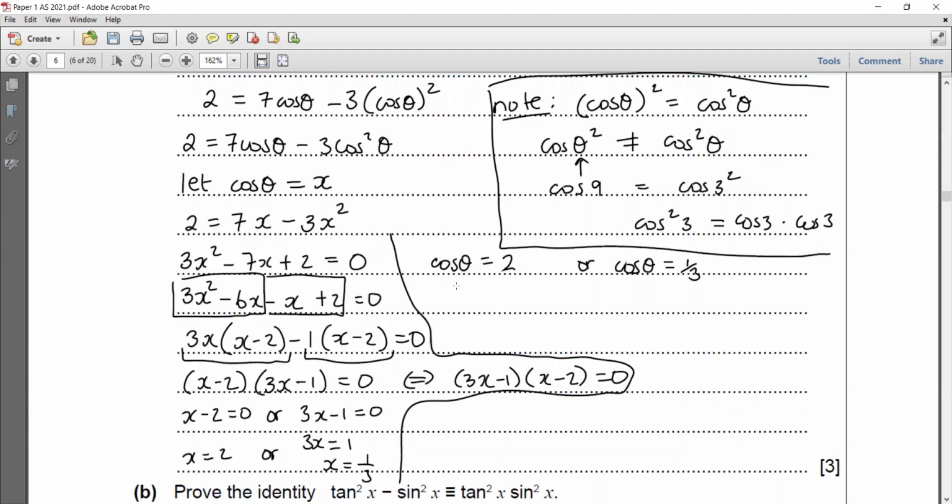Okay, now this one over here is invalid because it is not possible to find a real number theta where cos of that angle is equal to 2, because cos of theta is always between -1 and +1. So it has a minimum of -1 and a maximum of +1. So it is not possible to solve this and get a real number. So the only one we are considering is this one, that cos theta is equal to